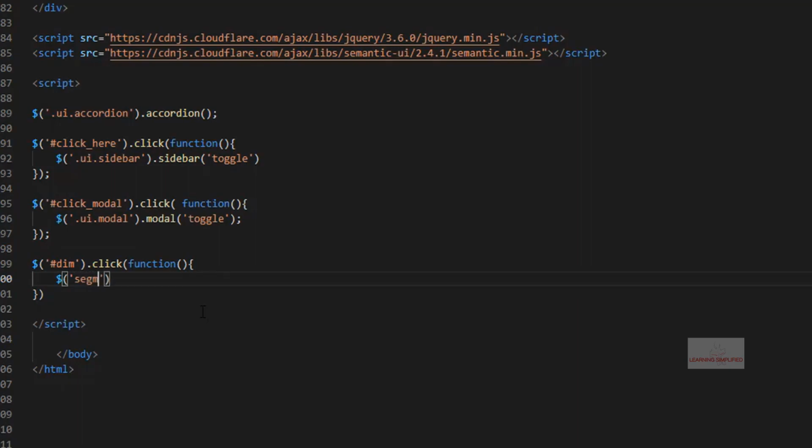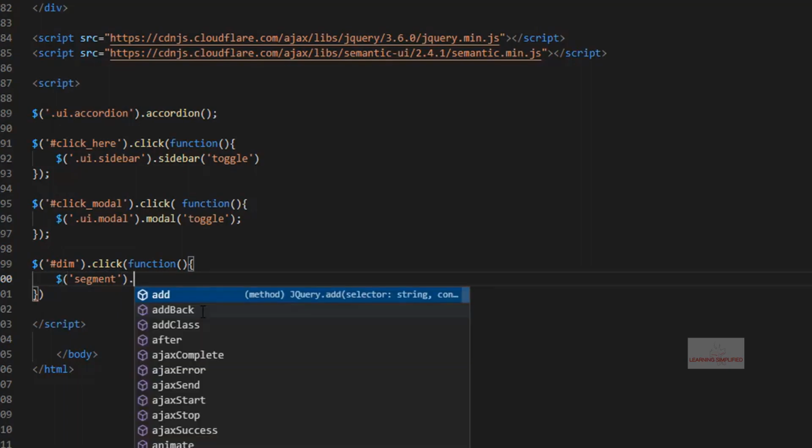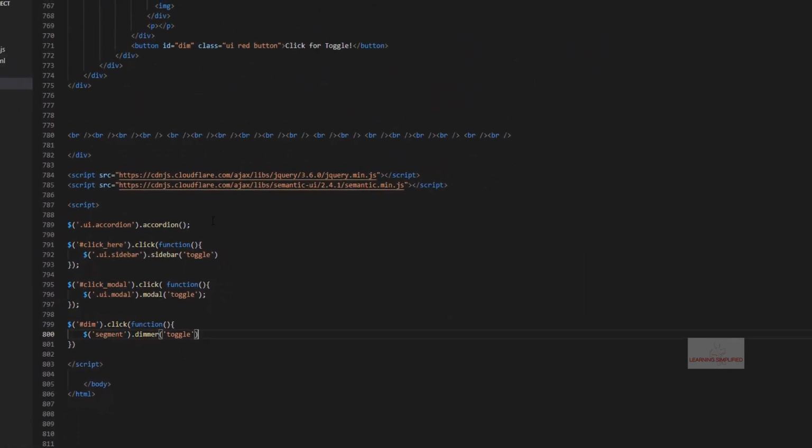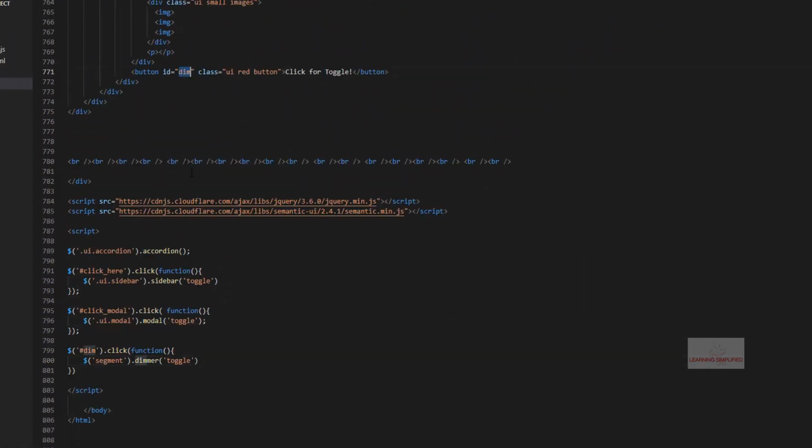First of all, let's go by the conventional method, which is known as segment, and it will be triggering the toggle action. So this is the thing that we intend. On clicking this button with this specific ID of dim, it will be under this class of segment, it will be triggering this toggle action.